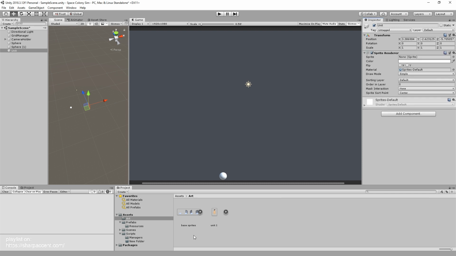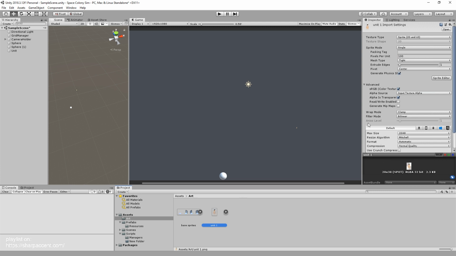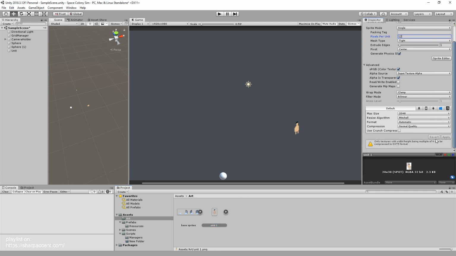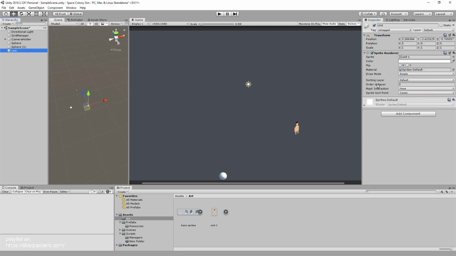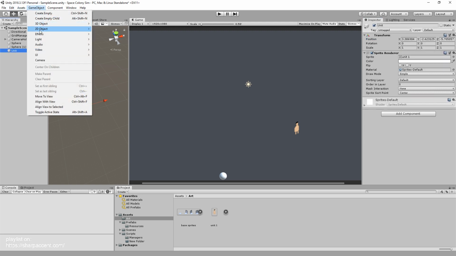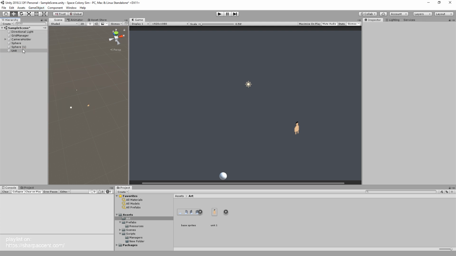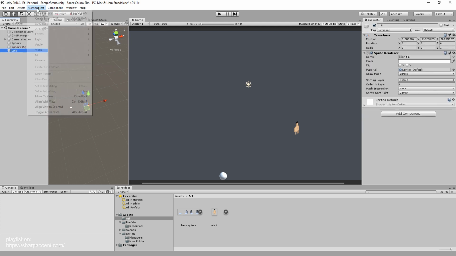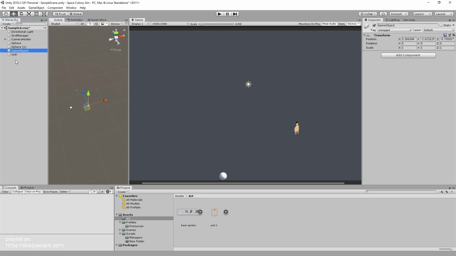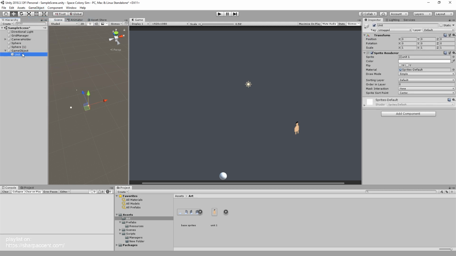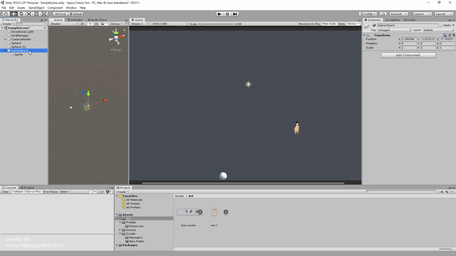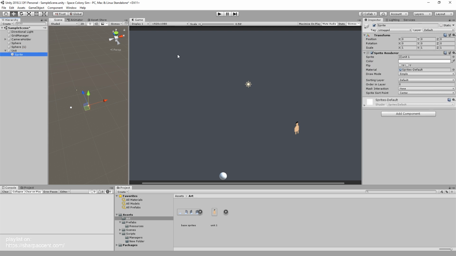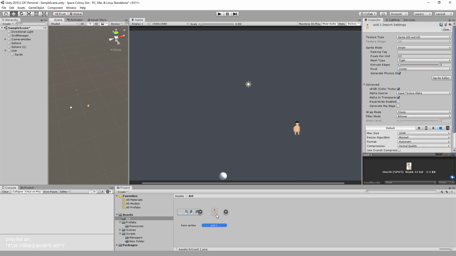Sprite renderer, and add this here. Now he's kind of small, so I'm going to switch the pixel per unit ratio to 12, and then we're going to have to do the same thing we did with our node instances, which means I'm just going to parent it below. Let's call this sprite. Let's call this unit, and let's rotate this at 25 degrees by 45. Okay, also,